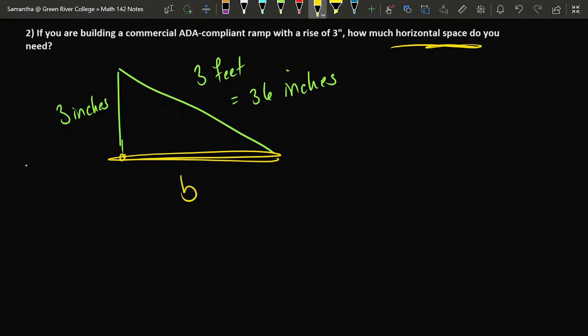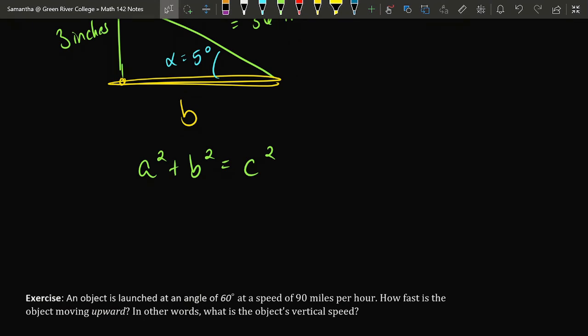As always, there are several different ways to answer this kind of question. One of which would be to use the SOHCAHTOA formulas, now that we know that the angle alpha here in the corner is approximately 5 degrees. But I think my first inclination personally is to use the data about the values of A and C in this triangle together with the Pythagorean theorem.